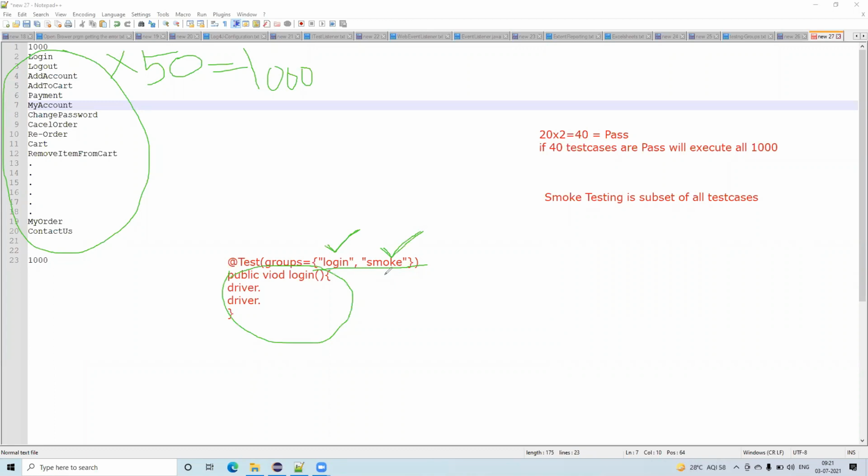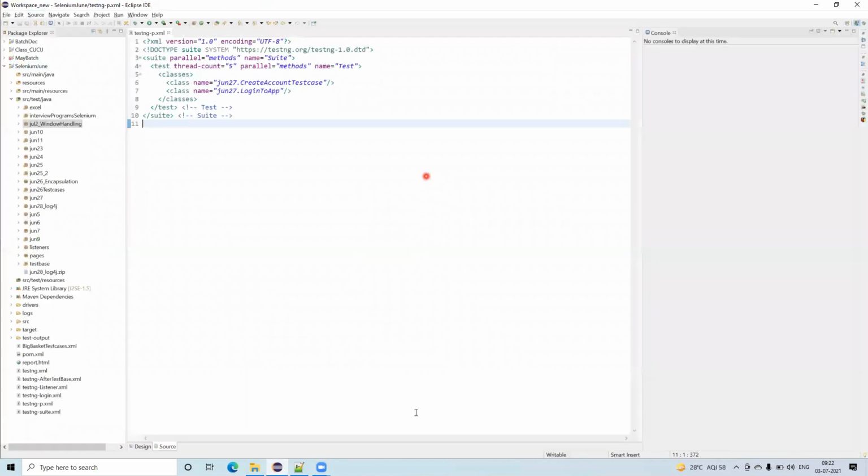So whenever I want to run the test cases from the testng.xml, if I say smoke, this test case will run. If I say a different keyword like regression, this test case cannot run. I will show you now, you will understand better. So if you go back,